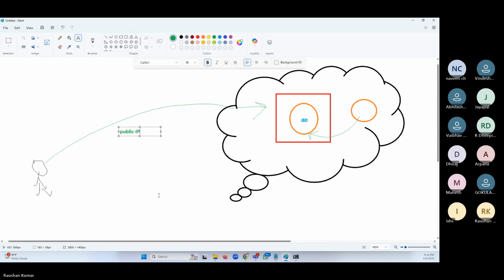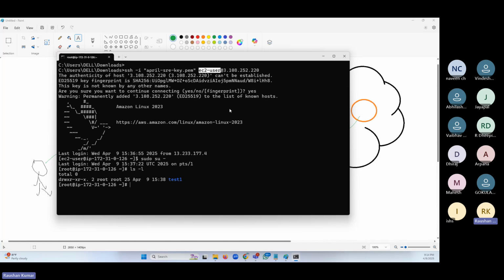Can we connect to the EC2 instance, sir? When we log in to the EC2 server, do we connect to the private IP? This is my server. I used the SSH protocol to connect to my server, but I used the public IP here.